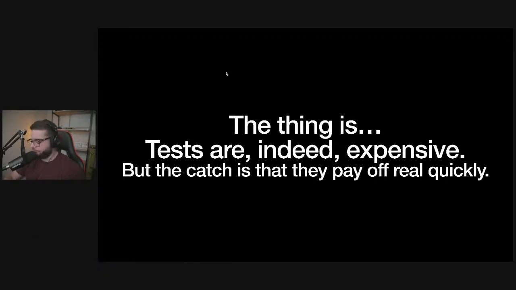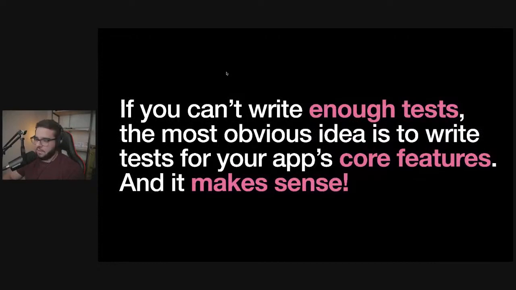And move on. If you can write tests, then the most obvious idea is to write tests for your app's core features. What do I mean by this? Imagine you have an e-commerce website. You might not have the time to write tests for all of the pages, but if you do have some time to write tests, you should spend the time testing the checkout page, testing that users can add items to their cart, testing that users can register, because that's the core of the app.